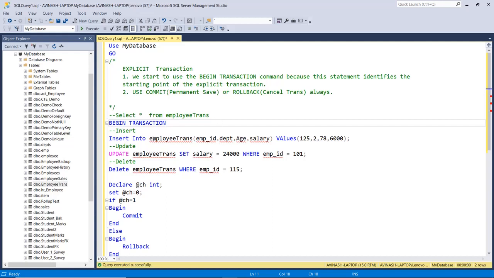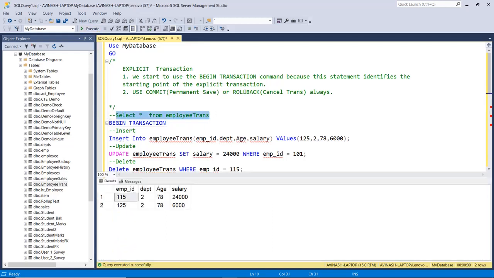It means from the immediate statement, we are starting the transaction from here. This statement is the insert. So this is the difference between the implicit and explicit; the rest of the things are the same. Here we check the data. So we have EMPID 115 and 125.